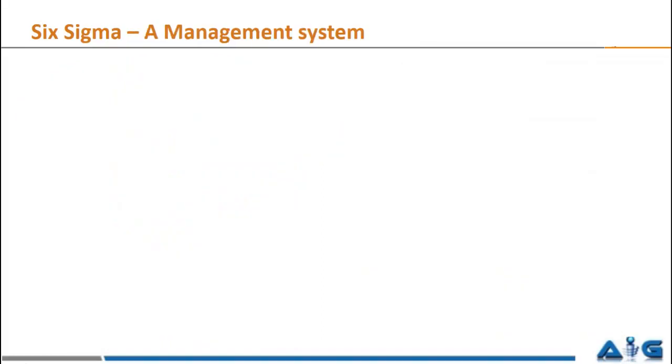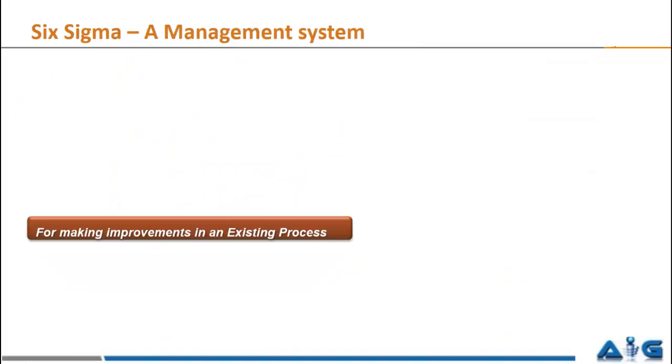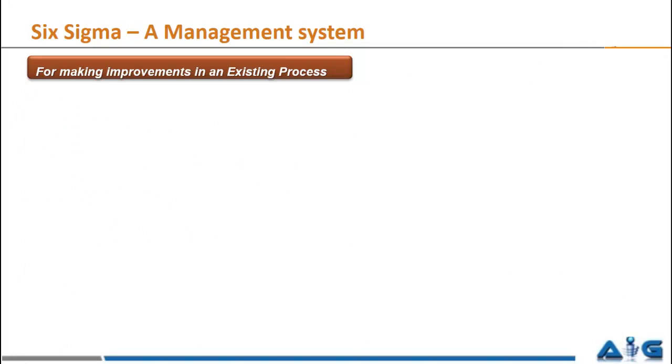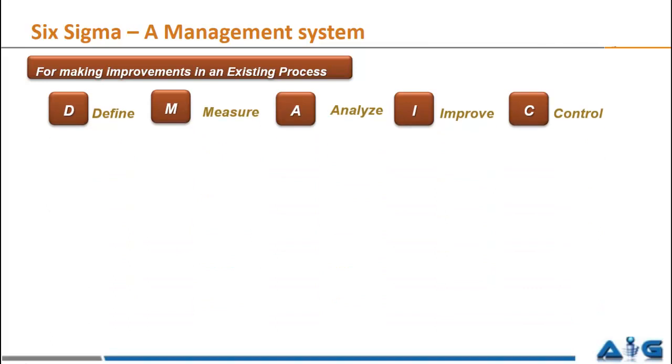The next, Six Sigma is a management system. For making improvements in an existing business process, Six Sigma has a defined approach referred to as DMAIC, where D is an acronym for define, M for measure, A for analyze, I for improve, and C for control. DMAIC as a methodology is to be used when you have an existing business process where you're looking at making